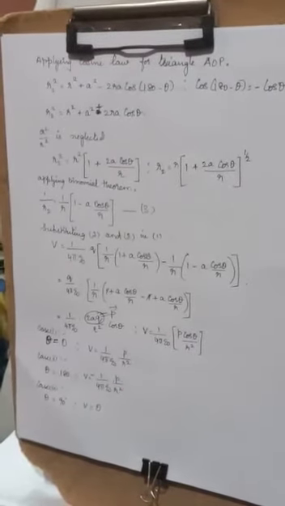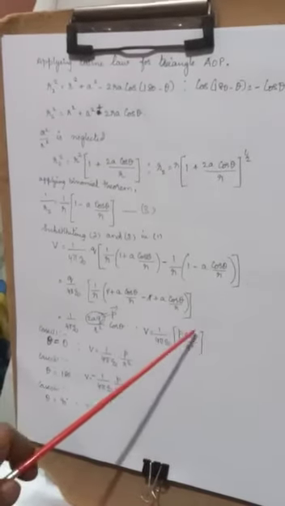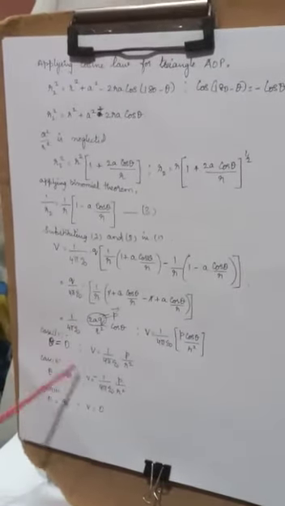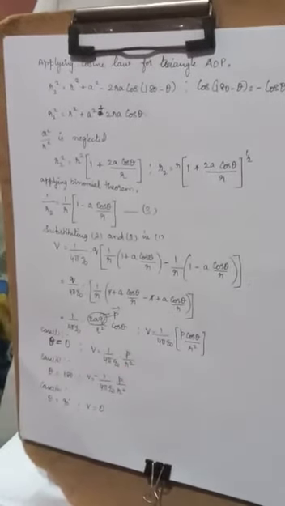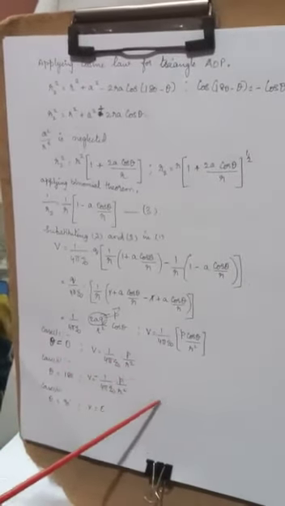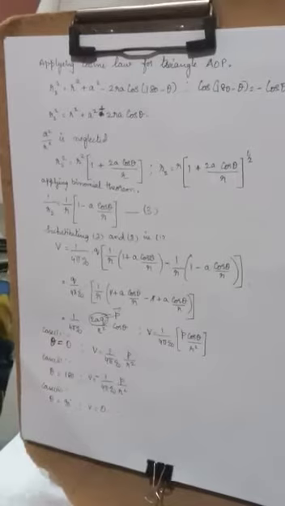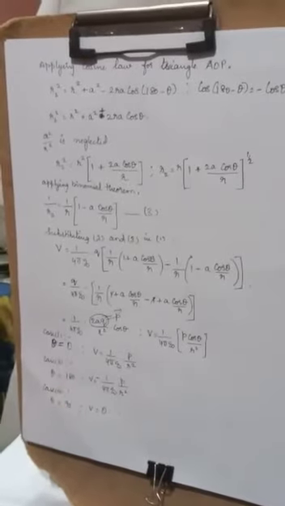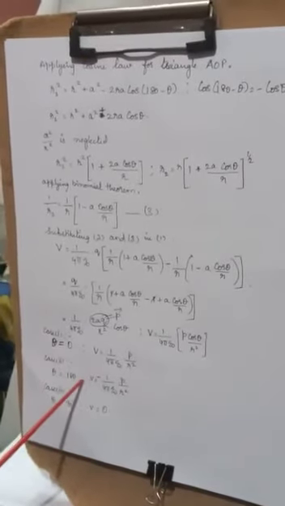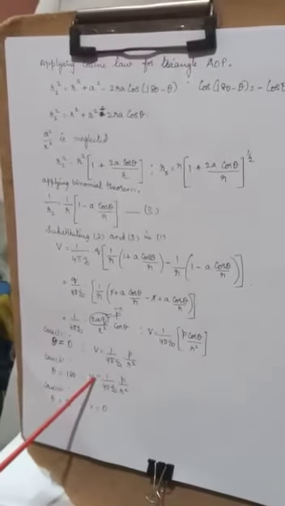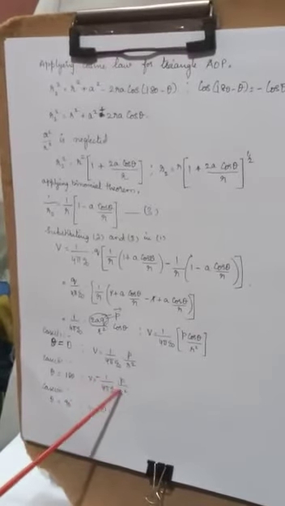But here the potential says that it is going to depend on this theta value, where the point is located. If the point of consideration gives me a theta value equal to 0, you will get a maximum potential. What's the meaning of that? It is in its axial line. If it is there along the dipole, then the potential is maximum. Then at the same time, if you have theta is equal to 180, that is in the left hand side. Here also you have the point, but it is going to be along the dipole in the left hand side. There also it is maximum but negative, minus 1 by 4 pi epsilon naught p by r square.